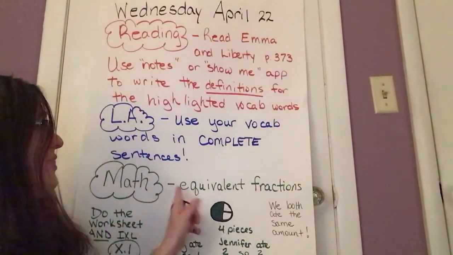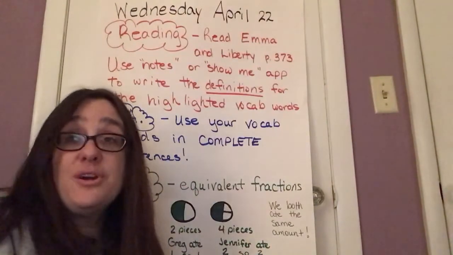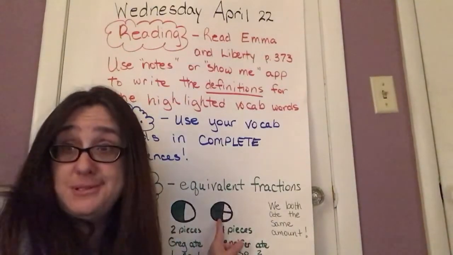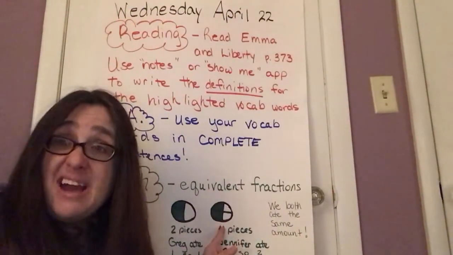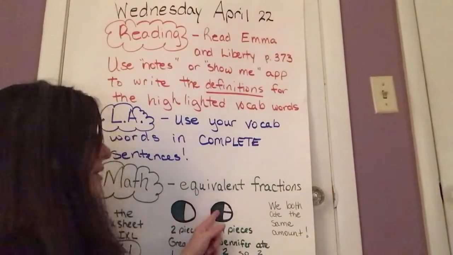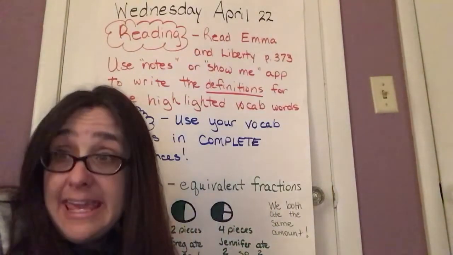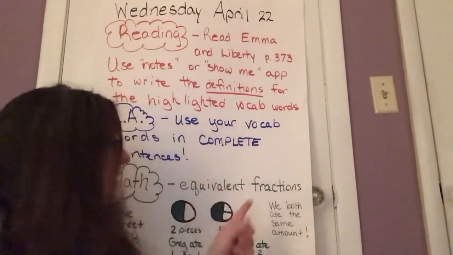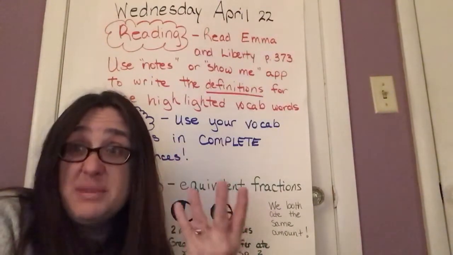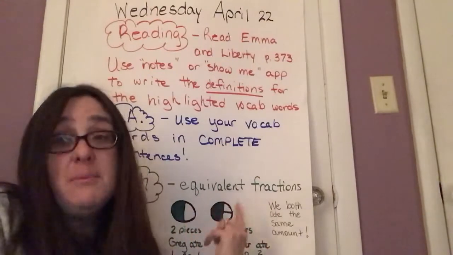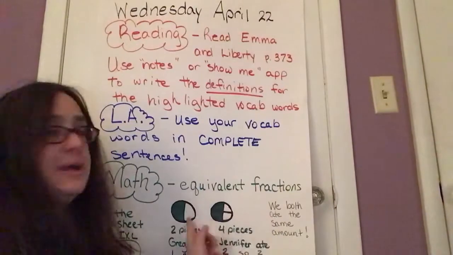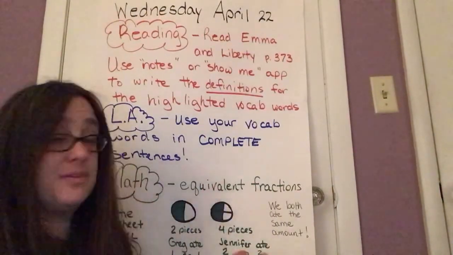Then, of course, to math, we're doing equivalent fractions. And we are thinking about fractions that are the same. There might be more pieces, like Mrs. Ault ate 2 pieces of her pizza, but I still only ate half of the whole thing. He ate half of his, but he just ate 1 piece. Now, of course, we could keep going, and I could have cut my pizza into 8s. And those of you that are already thinking ahead, if I had 8 pieces of pizza and I ate half, I ate 4 pieces, which sounds like a lot, but it's still only half the pizza. Okay? So equivalent fractions. And Greg and I both ate the same amount because they're equivalent.